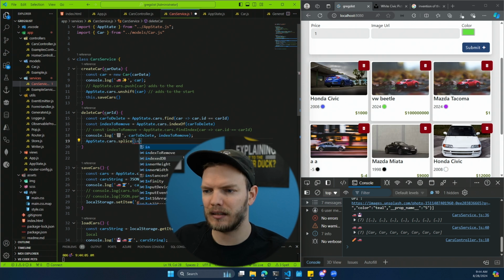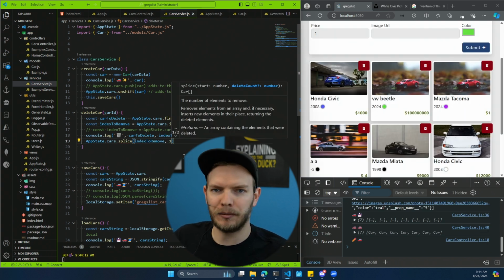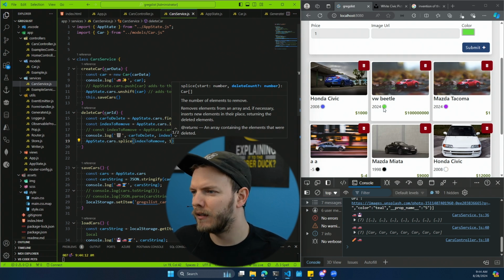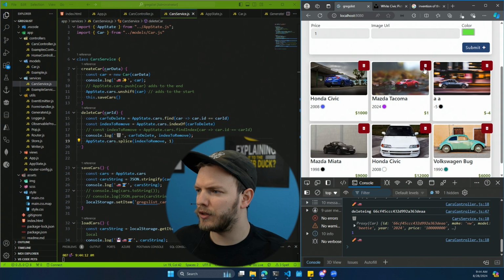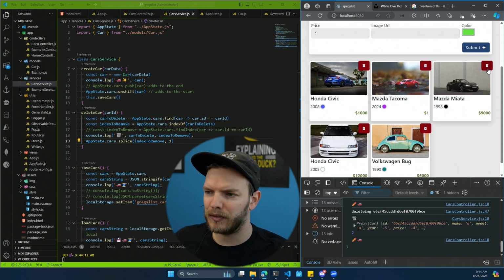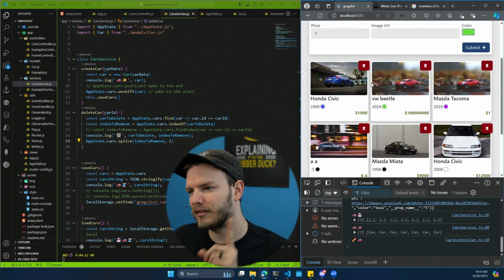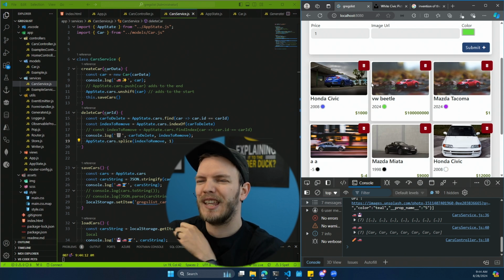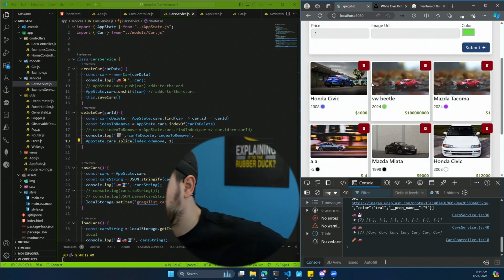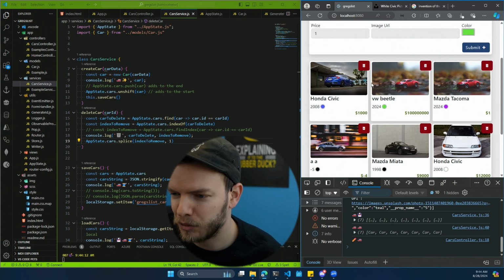I'm going to say index to remove. I'm removing one item, right? So if I click VW Beetle, it just disappeared. If I click AA-5, AA-5 disappeared. Now, if I refresh my page, they come back, right? I modified the array, it redrew to the page, but that car came back because it was loaded from